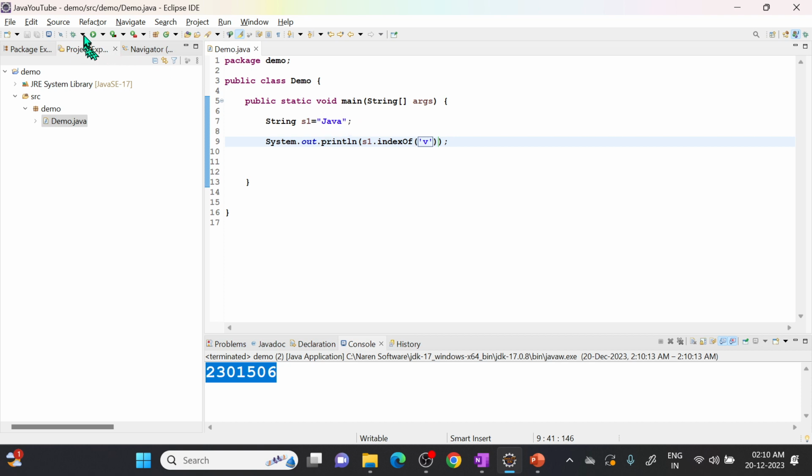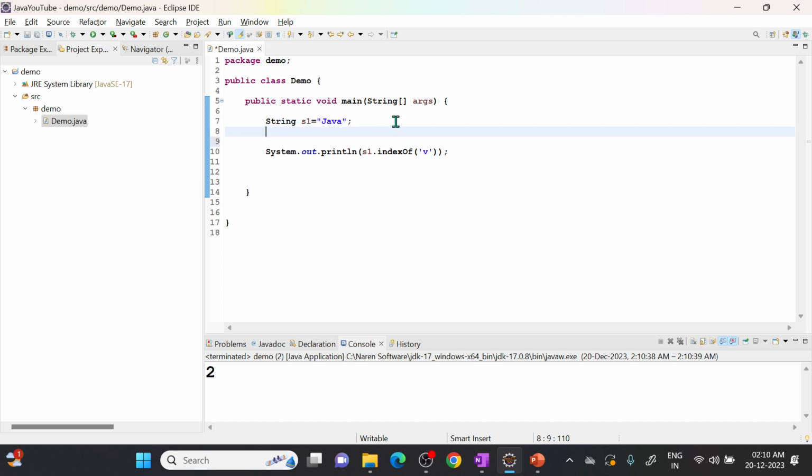Okay, v is present in which index? It will give 2: 0, 1, 2. Now suppose there is an intern method. Suppose string s1 equal to "java", and string s2 equal to new String("java"). If I print s1 == s2,